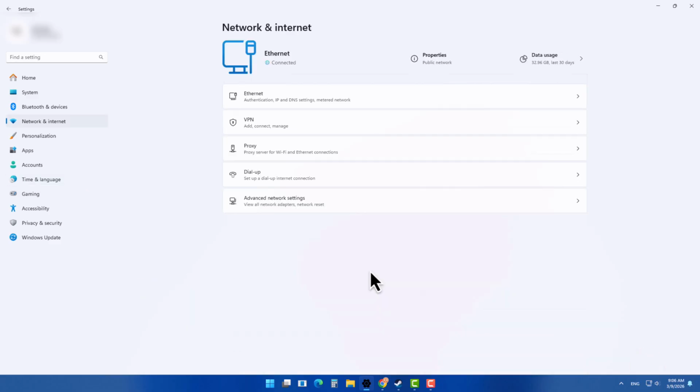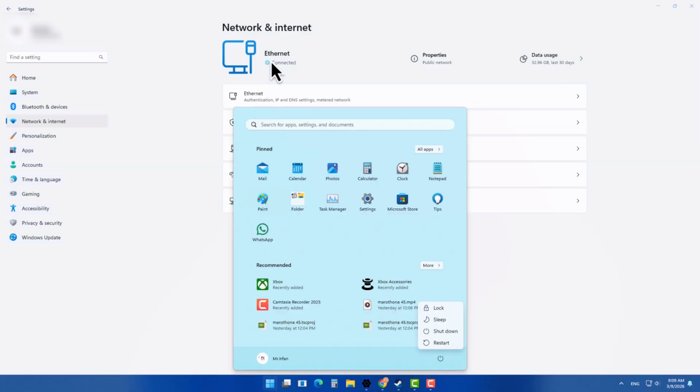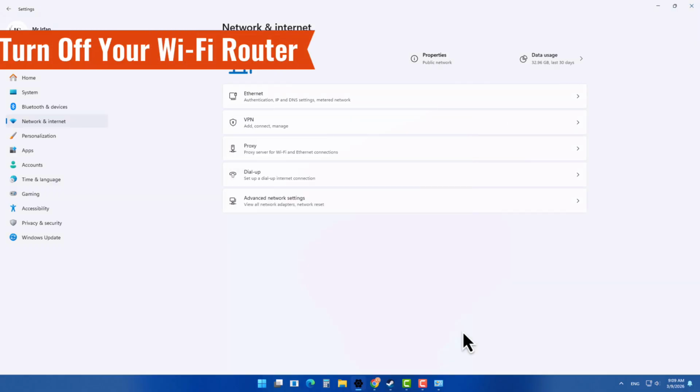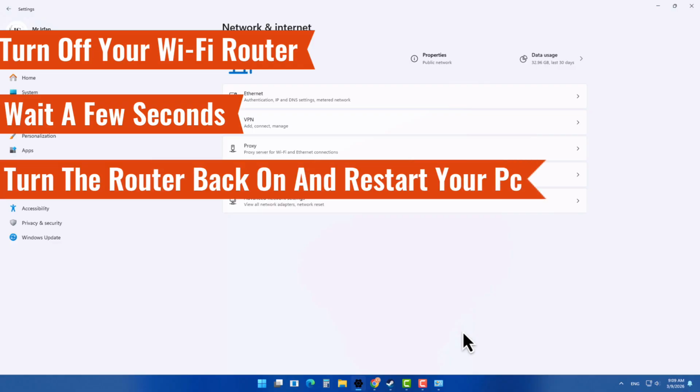Next, try switching to a different network. If possible, connect to another Wi-Fi network or use your phone hotspot, then relaunch the game. You can also power cycle your network. Shut down your computer, turn off your Wi-Fi router, wait a few seconds, then turn the router back on and